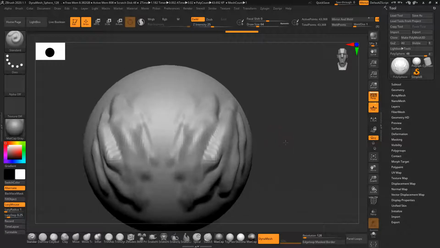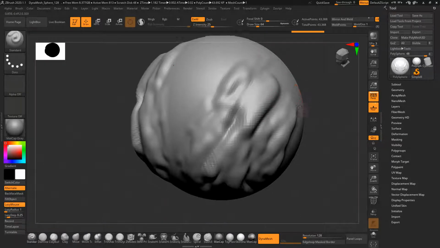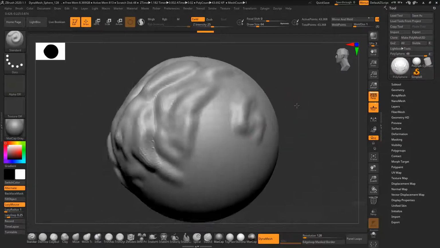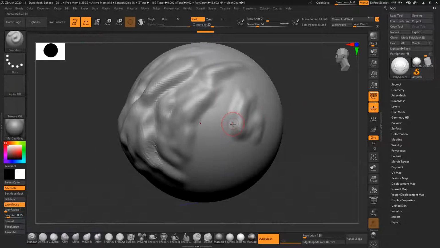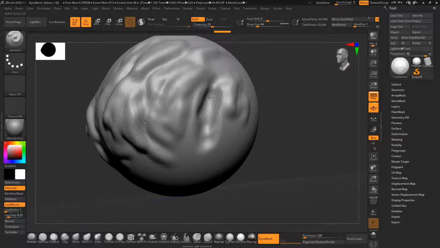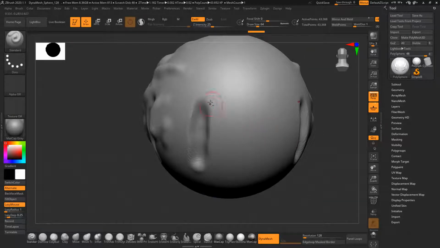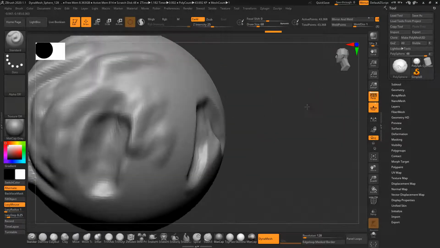Now, in order to sculpt, one standard brush is already selected. So when you start adding information, it pulls the information up. But what if you want to push the information inside, or make holes? To do that, press Alt and you can sculpt. It reverses the direction of your brush, and instead of pulling, you can start pushing the details into the object.